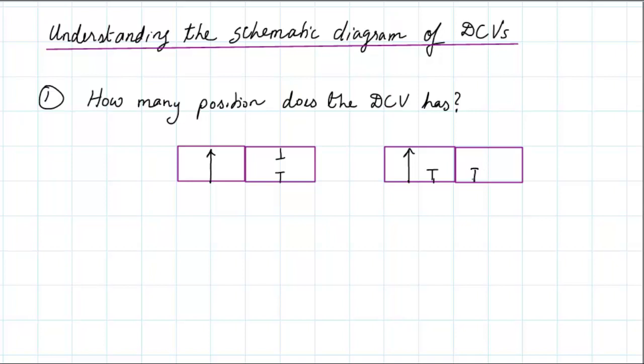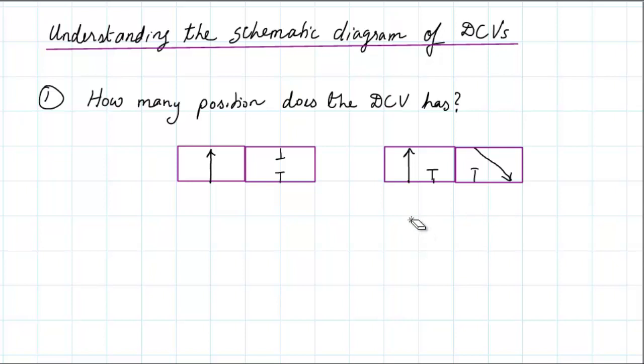whereas in the next position this port is not flowing anything, but from this port there is a flow towards the next port. So I should draw it as a straight line. So from this port it is basically flowing to this port. Okay, so these are the other two positions. So this is one of the positions. Let's say this is the first position and this is the second position. Now you might be asking, why is this position called the first position? Nothing, I can even write this one as the first one. It basically depends on where the return spring is. That is the next thing to be discussed.